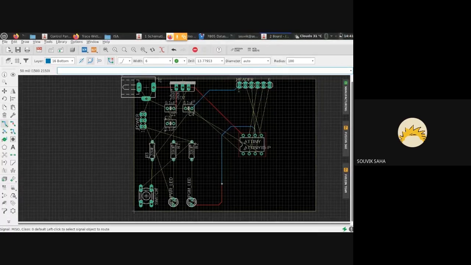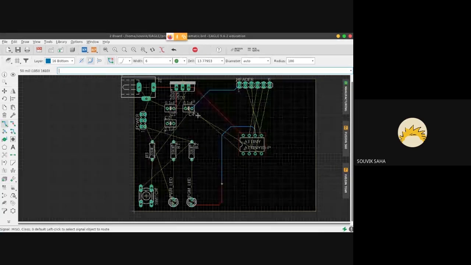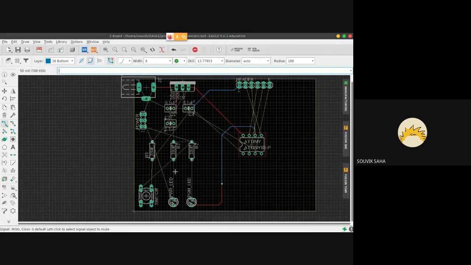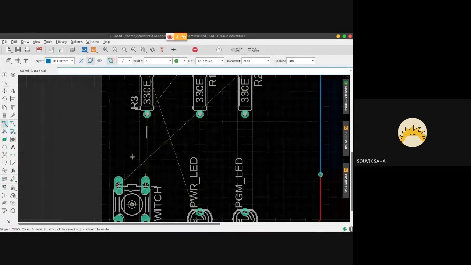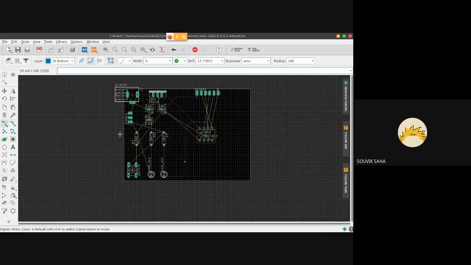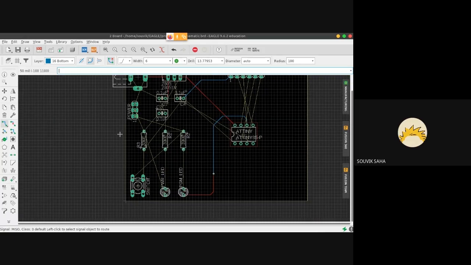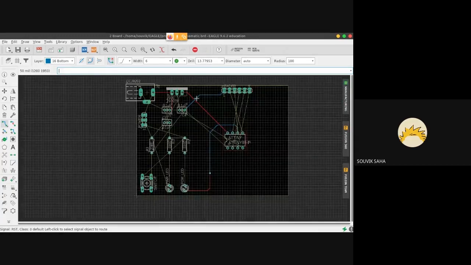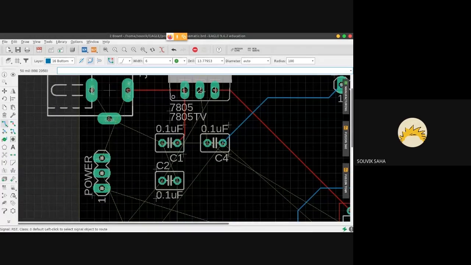I'll give you all 10 minutes till 2:40. Try and route it as much as possible. Just for a tip, routing isn't easy. You need to have a good understanding of stuff before you can make routings that are functional and look good.